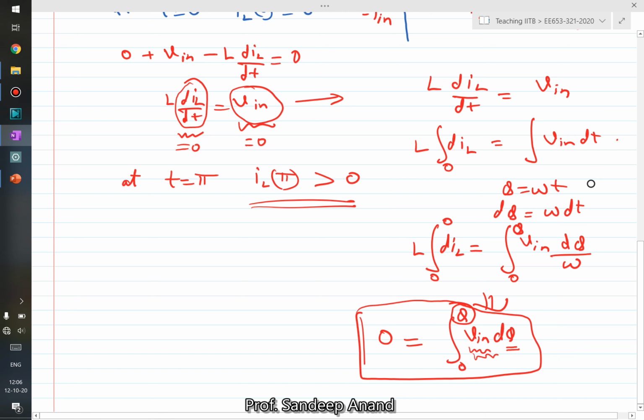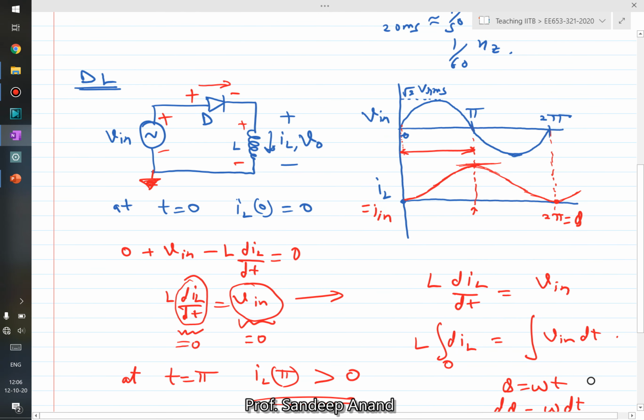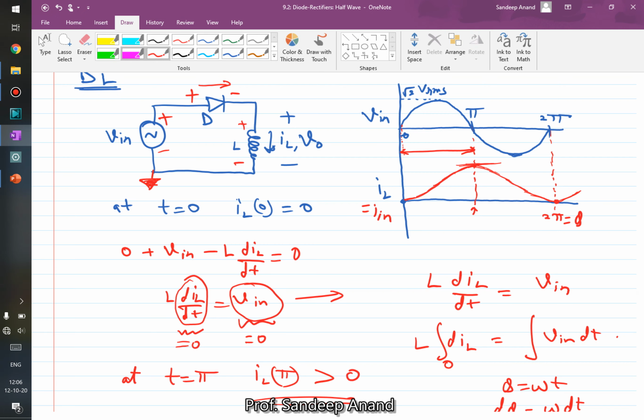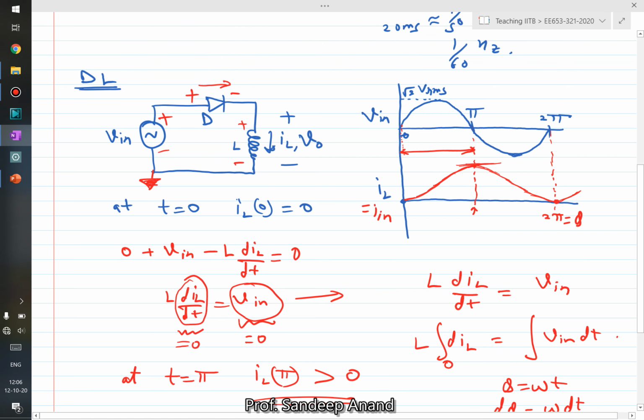So coming back to this original waveform, if you start from 0, first your integral becomes positive. The area under this curve becomes positive, positive, positive. If you see at pi, it is still a very large, positive value. It's not 0. Then it slowly starts reducing,